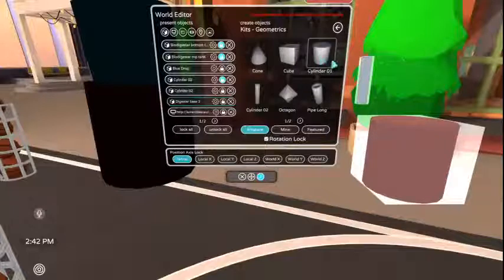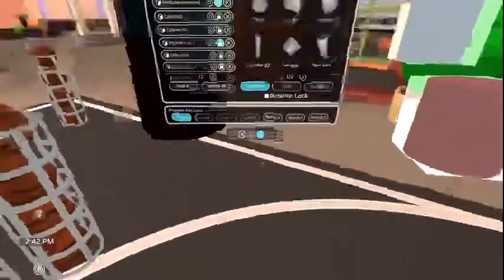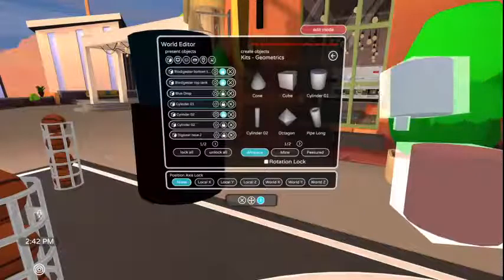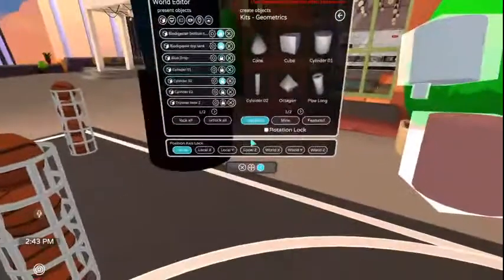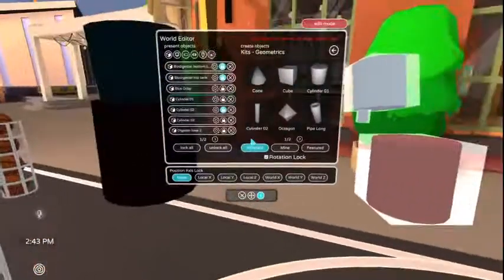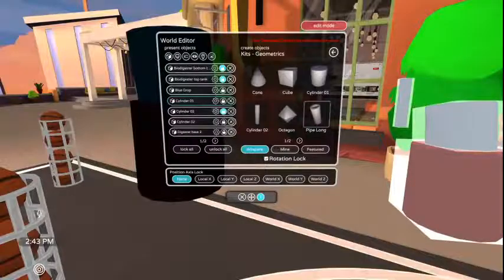So if you want to add another cylinder, you've got to go up and select cylinder again. It'd be nice if you could just click on this and copy. You can't. So I can add the other cylinder there, and then right-click to get this darn window to stay still. Left-click on the cylinder, and notice it's somehow tilted, and that's because of my camera angle. And there's no Control Z to go back. So you're kind of stuck there. One recommendation is that you turn on rotation lock before you start manipulating, or you're going to get in trouble. So now right-click to freeze that menu, left-click on this, move it there,